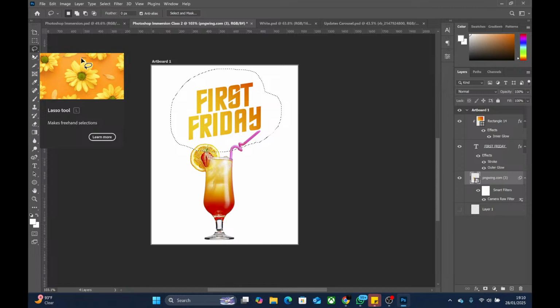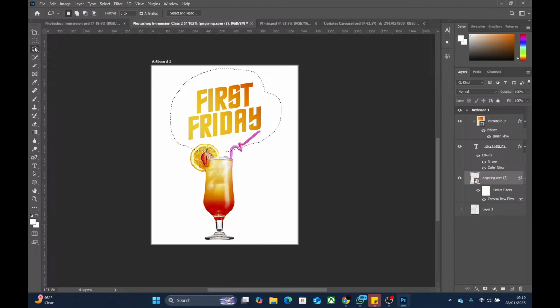Whenever a tool like this is active, either this lasso tool and its associated tools, or the marquee tool, or the other associated tools, or even the quick selection tools, you will see stuff like this on top here. Please follow my mouse. Always follow the mouse so that you know what I'm talking about. Up here you will see this box, you see another one, you see this one, and then you see this one.